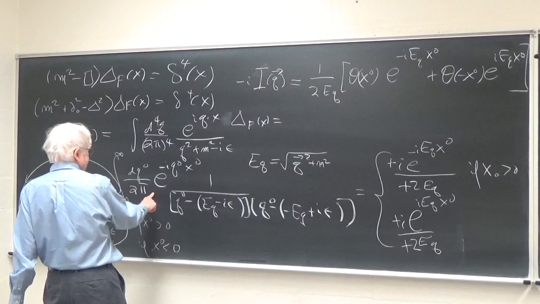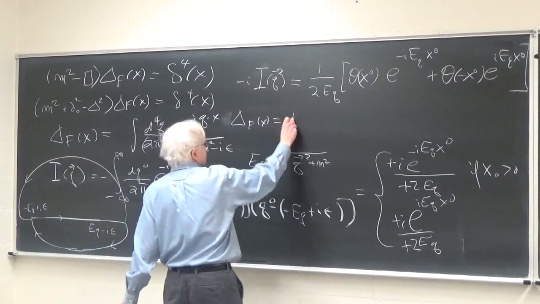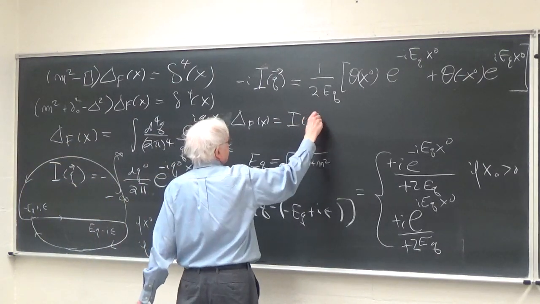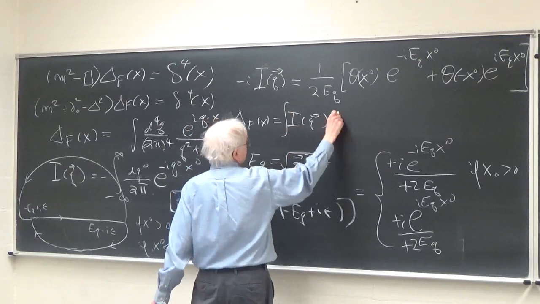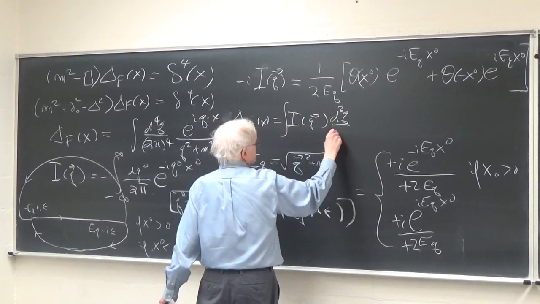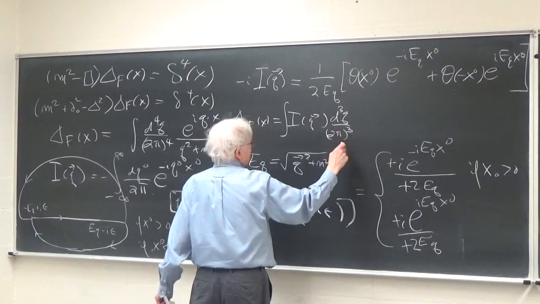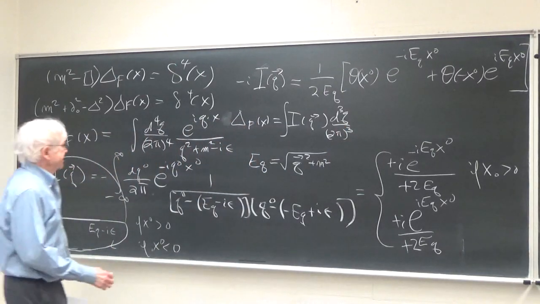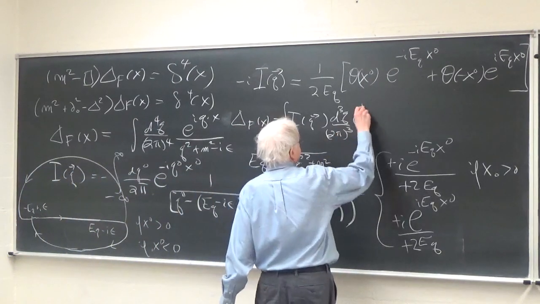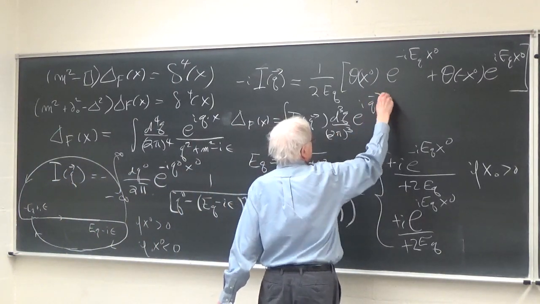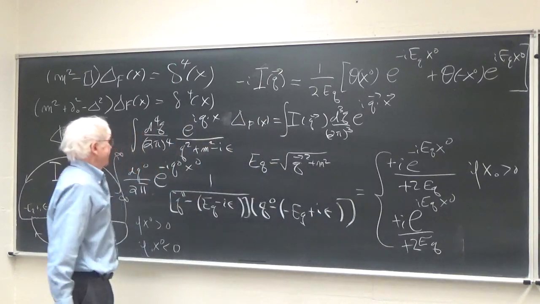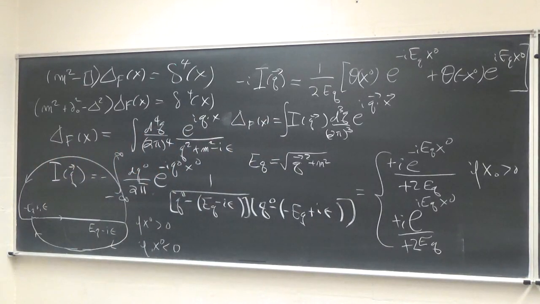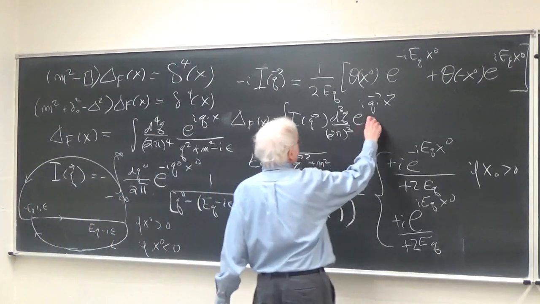One of the terms is this, and so this is I of q vector integrated dq over 2 pi q, e to the I q x. So that's what delta f is, and then I of q